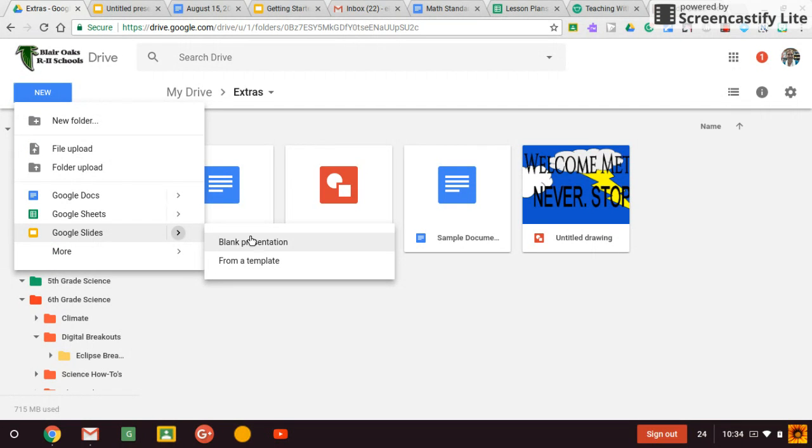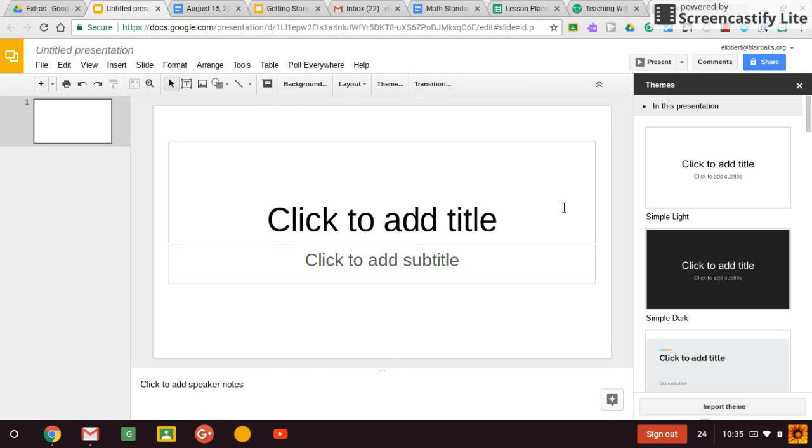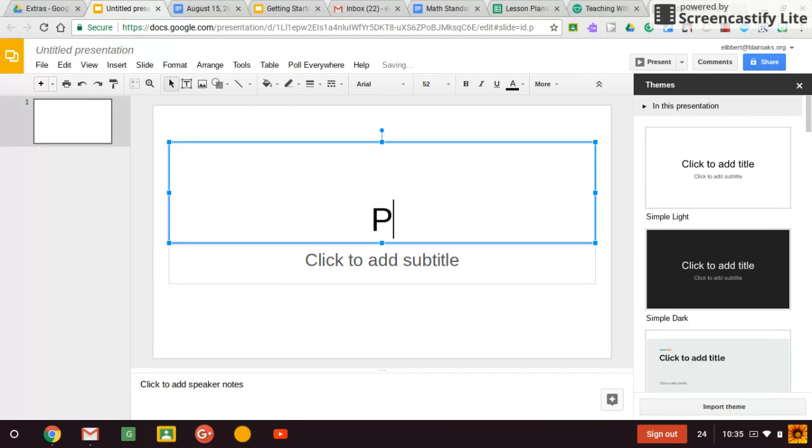From here, there's the arrow. You could start a blank presentation or you could start from a template. I'm going to go ahead and use a blank presentation and show you how I do most of mine. This is what you will see when you open it up. So the first thing you might want to do is add a title. So I'm going to put this as practice,